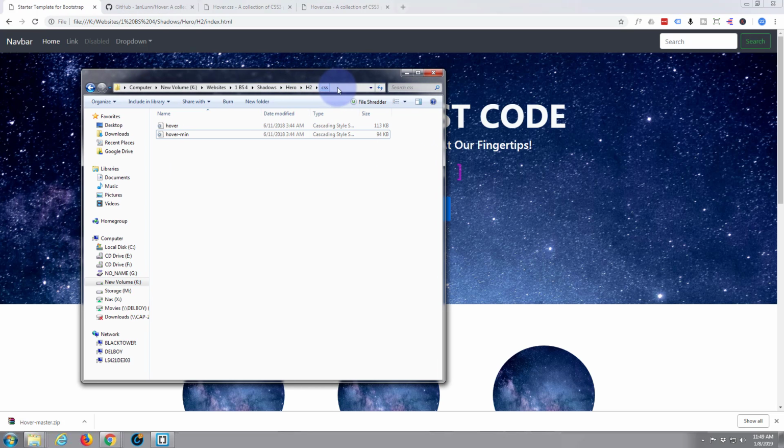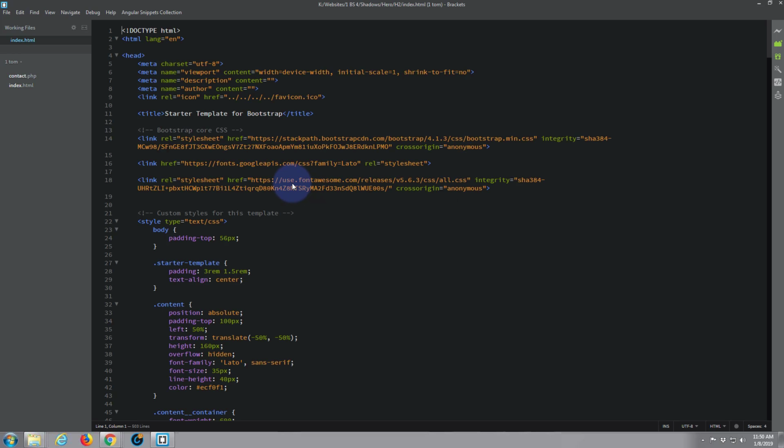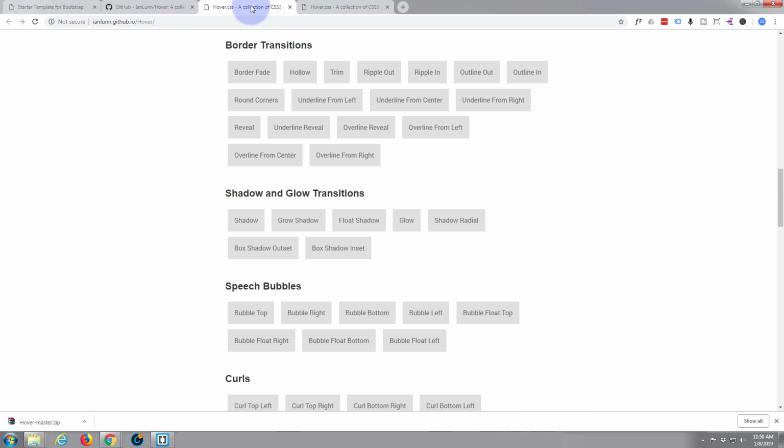We'll bring my website folder back up because I'm going to open my index.html page, which is this whole page here, with some free software called Brackets. You can download this text editing software from a link below this video also. Okay, so here we are, and if we look at the instructions,